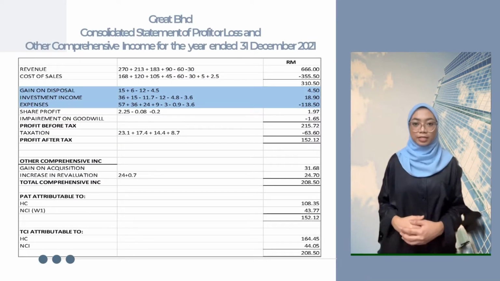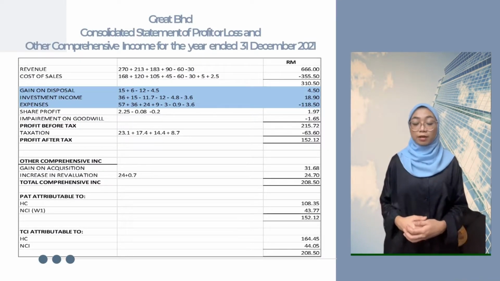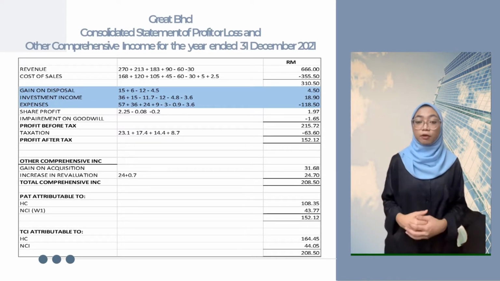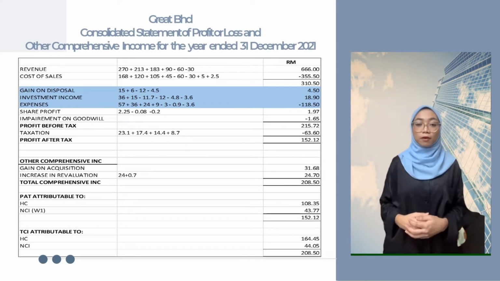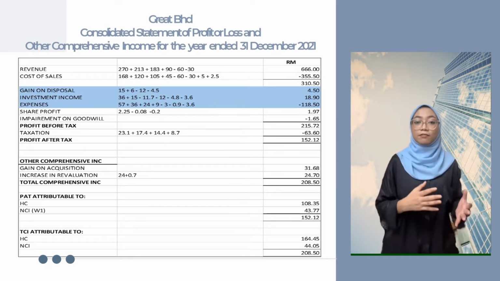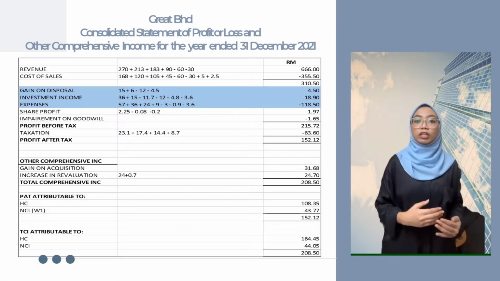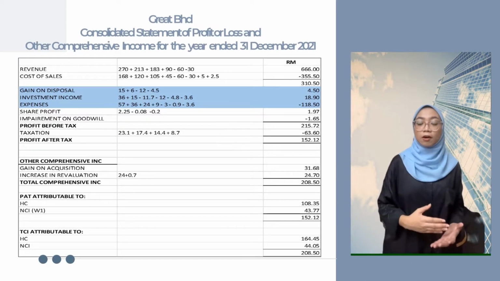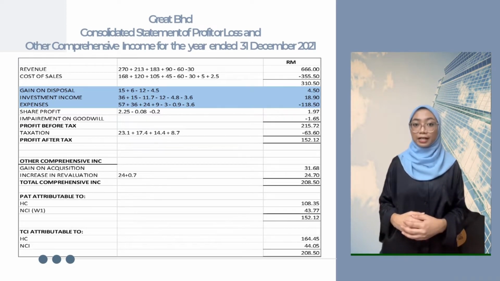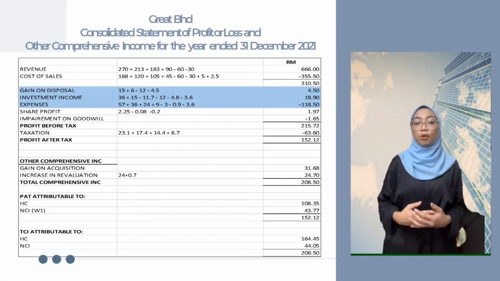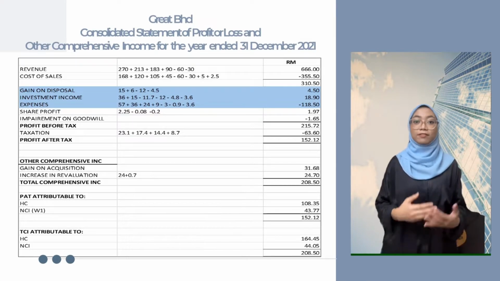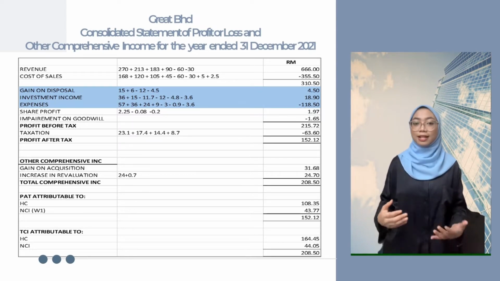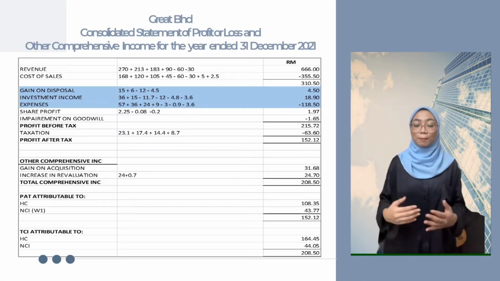Next, we move to expenses. We need to minus the expenses amounting to 118.5 million. The amount of expenses, 118.5 million, we get from adding the amount from the statement of profit or loss given, which are 15 million, 36 million, 24 million, and 9 million. Then we need to minus the depreciation from sales of machine by Great and sales of motor vehicle by Excel amounting to 3 million and 1.9 million respectively that we have calculated above. Also, we need to minus the debenture interest that Excel needs to pay to Great amounting to 3.6 million.